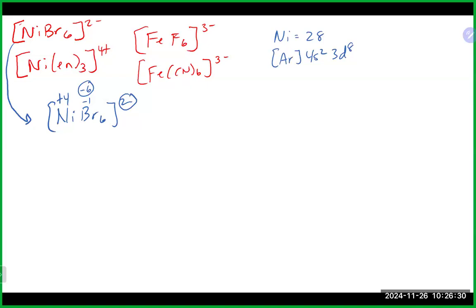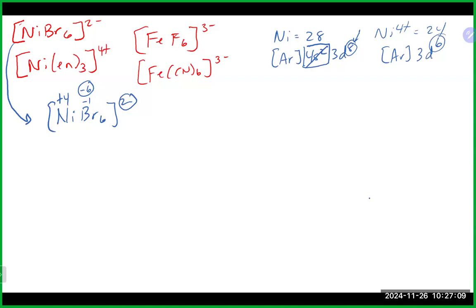And when nickel loses its 4 electrons, when it becomes nickel with a +4 charge, it's got 24 electrons. As we talked about earlier, when transition metals lose electrons, they are going to lose the s electrons first. So we're going to take 2 out of there. We will also then have to take 2 out of there as well. And that's going to leave us with argon 3d6. So there are 6 electrons in the d orbitals for nickel